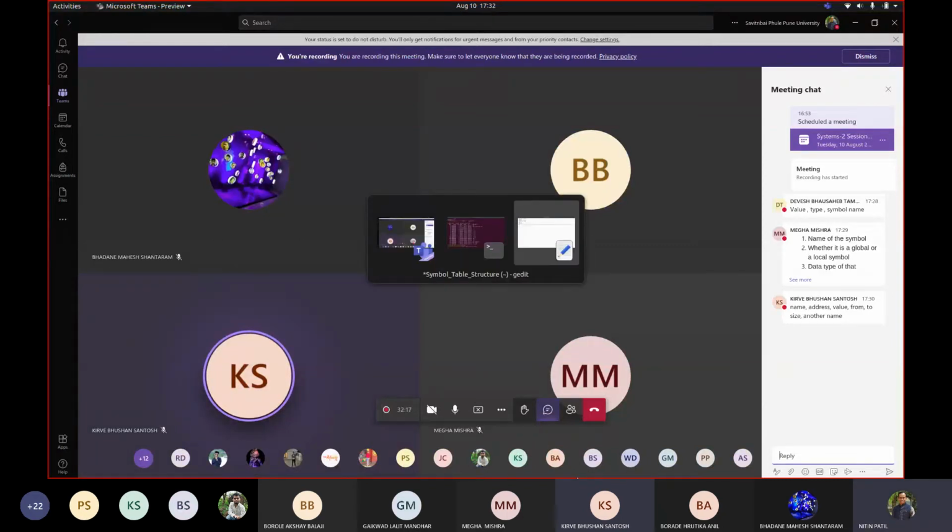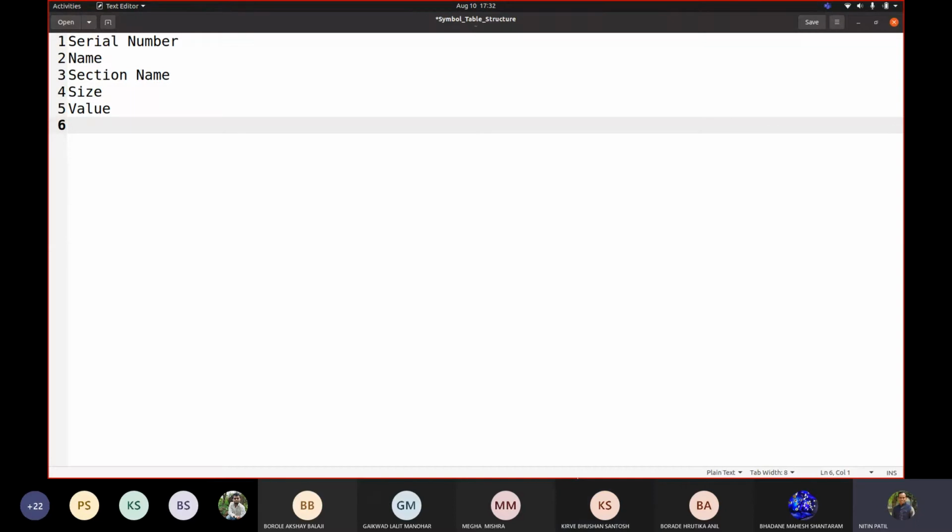Okay, so you keep thinking on it, and when you are done, let me know. I added the serial number, which would act as an index for me in the symbol table. Then name, then the section it belongs to, size of that. So let me add something as label name.